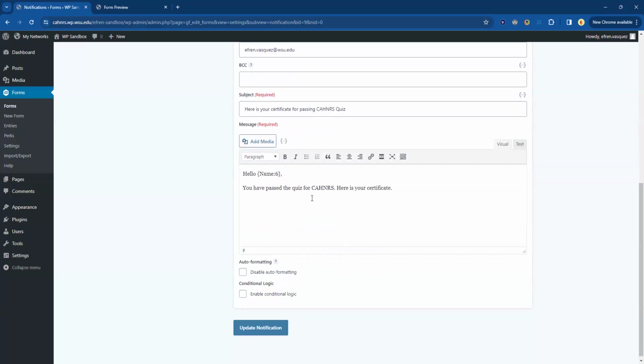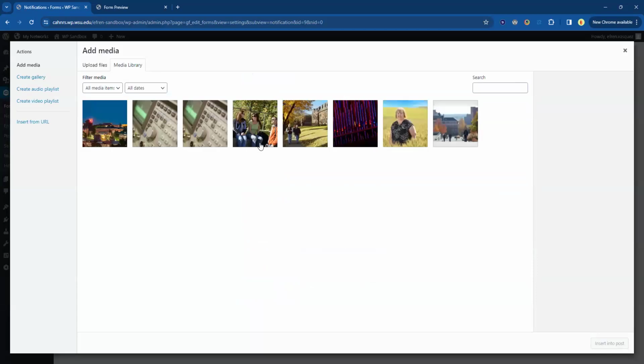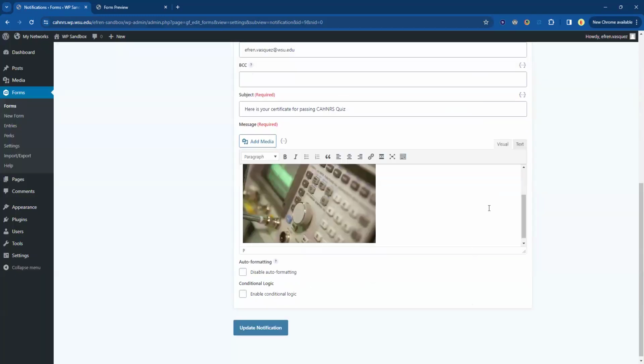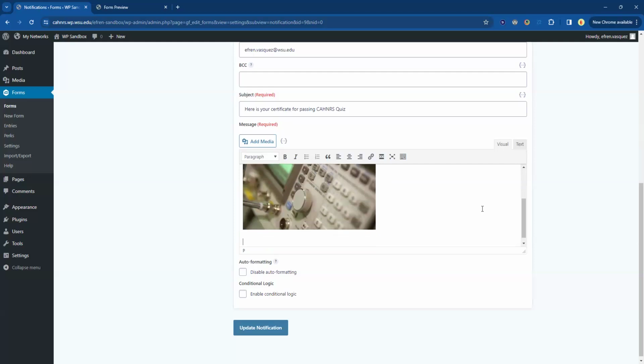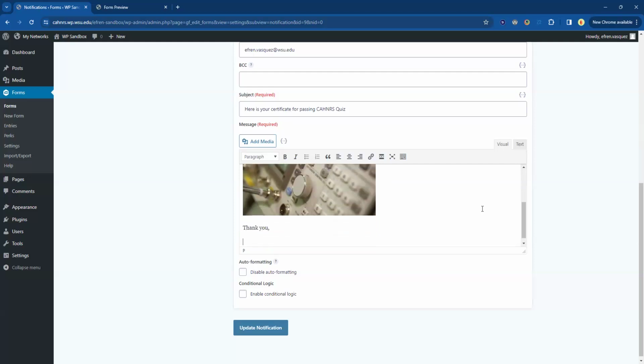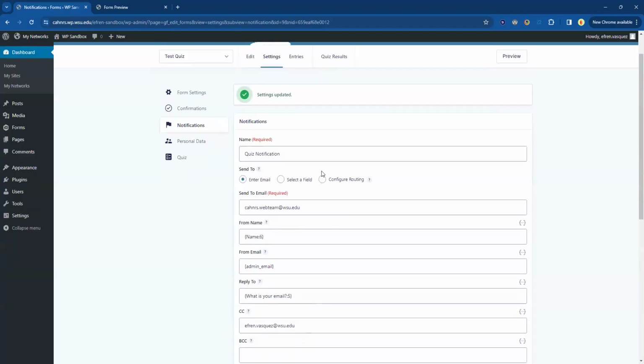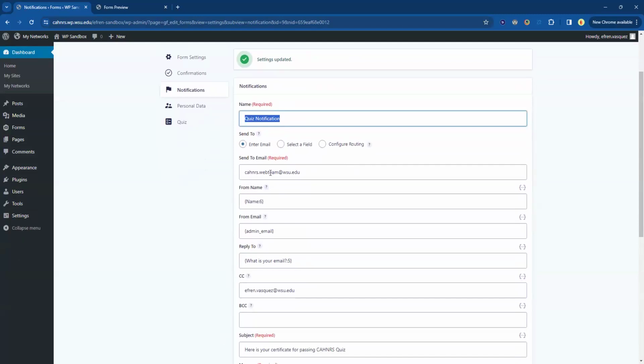So what we can do is add an image or media by going to add media. And let's just say that this is our certificate right here. We can insert it to the post. And thank you, honors web team. All right. Update notification. So all we've done so far is set up the notification, who it's being sent to,